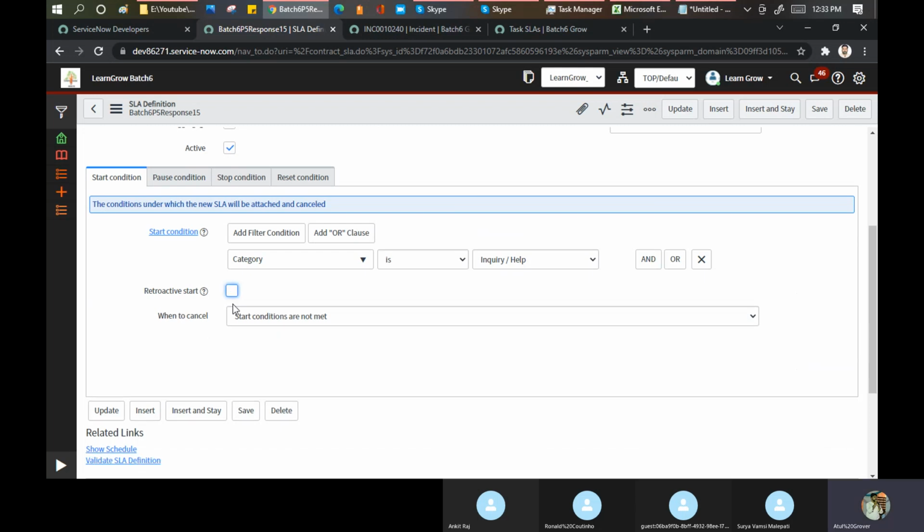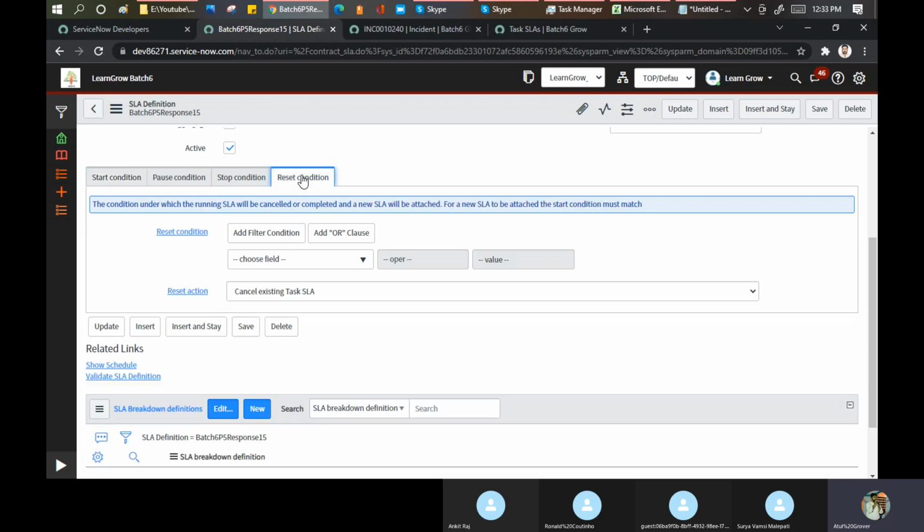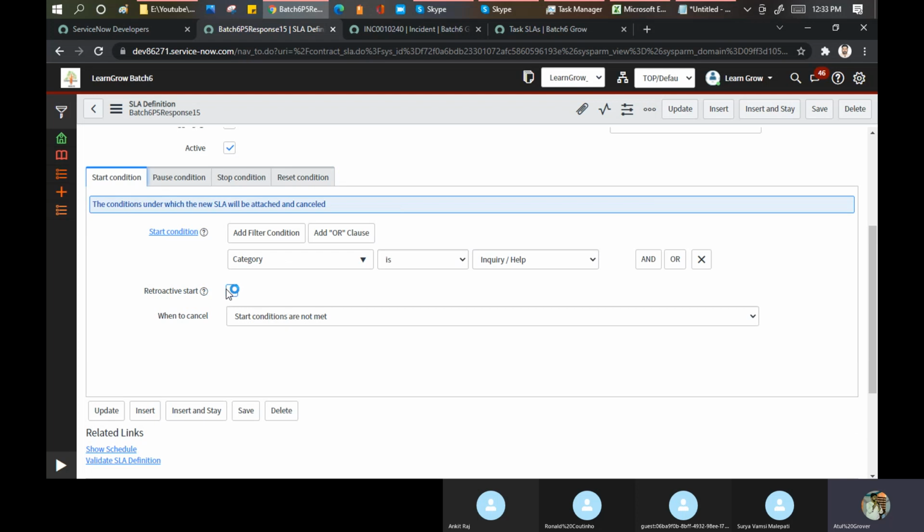Okay, I'll not pick up this point now because this requires a little more discussion in depth. I'll pick it up later, but I'll proceed further. Okay, give me a minute. Let me put the charger. Okay, so there can be two reasons. Number one, we did not define any reset condition, or we did not define the retroactive start. We'll see later on. Now I come to the pause.